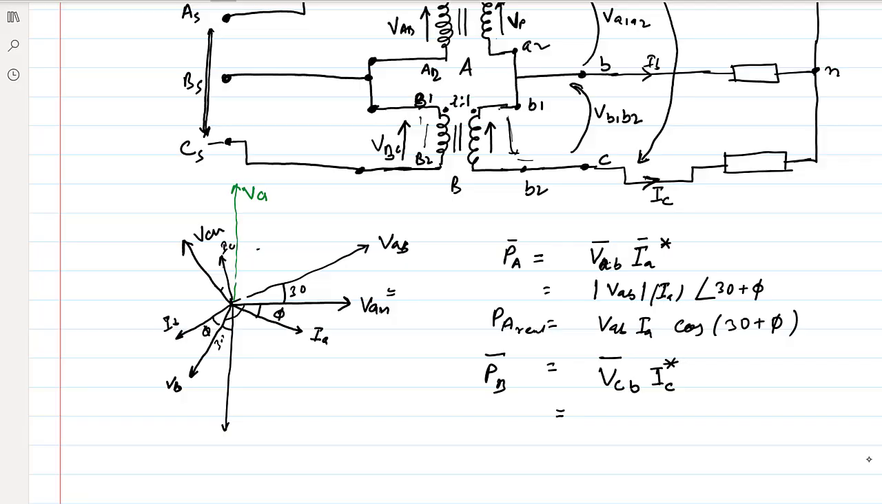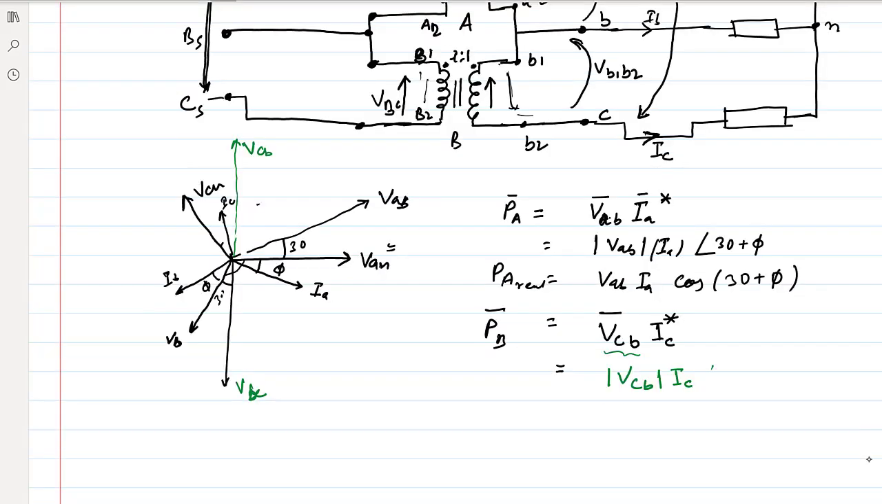VCB. This is VBC. This is VCB. Okay, and if you see this, the angle between these two quantities would be magnitude of VCB into IC, and then the angle between these two would be 30 minus 5. The angle between these two quantities would be this. So the real power and the reactive power component would be